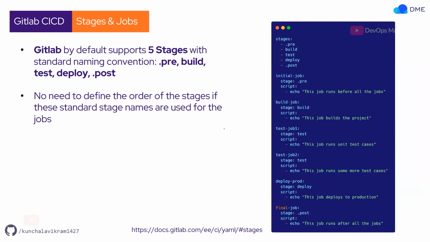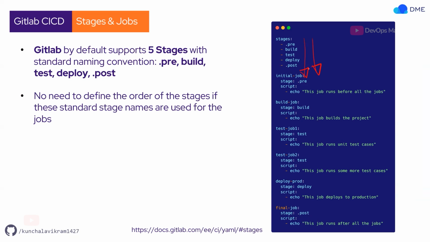And here, GitLab defines 5 different stages. One is .pre, then there's build, test, and deploy, and the last is .post. So even if you don't mention these stages here, if you use standard stage names for the jobs, GitLab will always run these stages. First it will run .pre jobs, then build jobs, test jobs, deploy jobs, .post jobs. You don't have to mention the stages block at all, because these are the standard names and